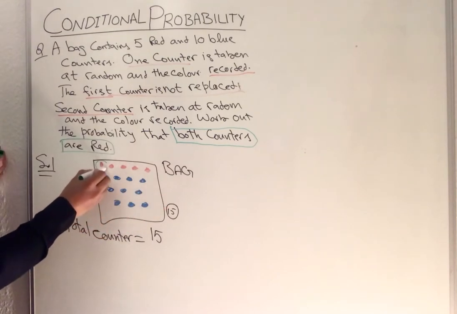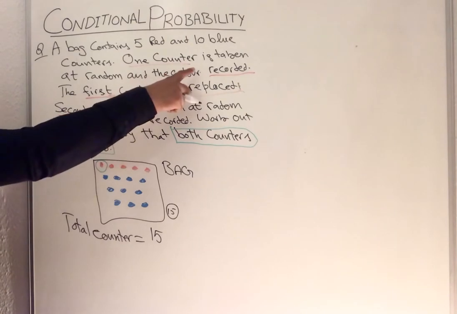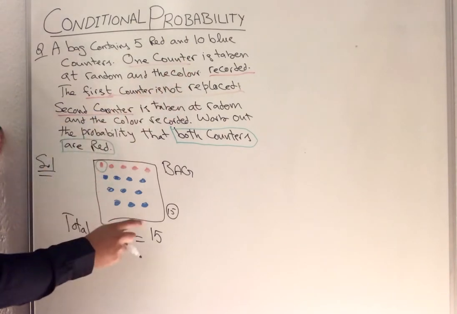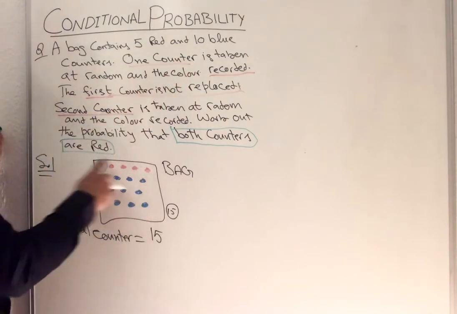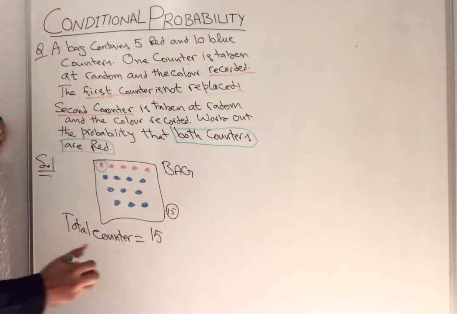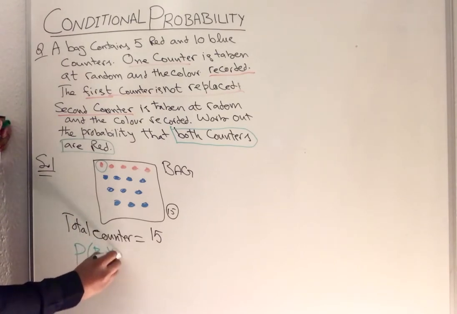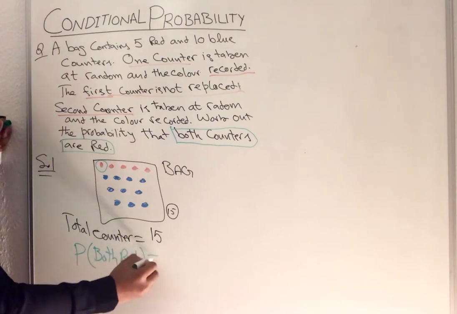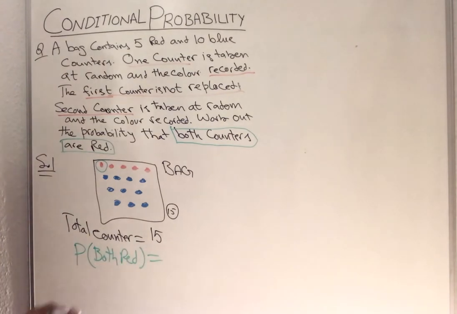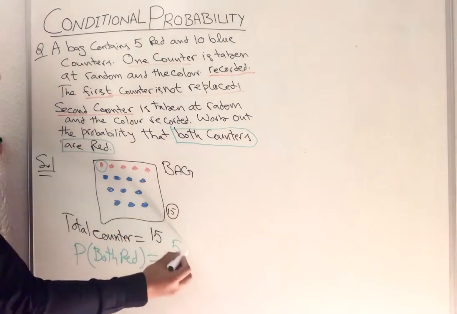If you're taking one counter out, because both are going to be red, the first counter taken is red. So how many total red were in there? We don't know which red we are selecting, but we have to select one out of that. So when we are finding the probability of both red, that means 5 out of 15